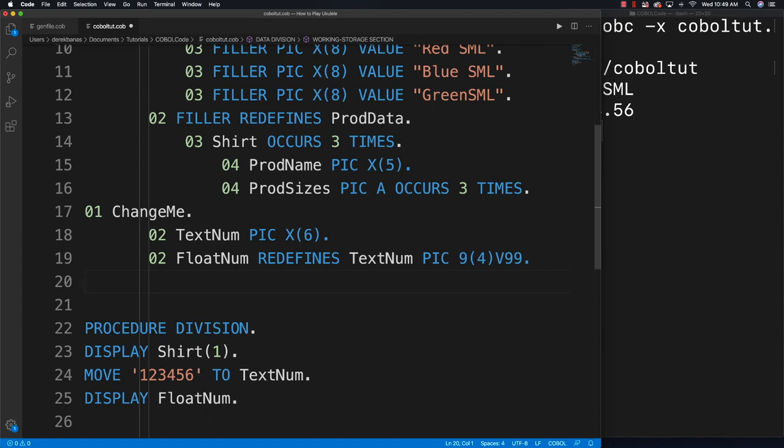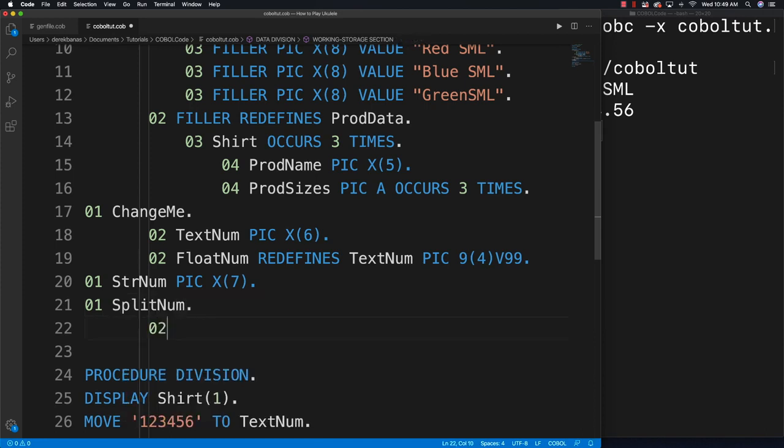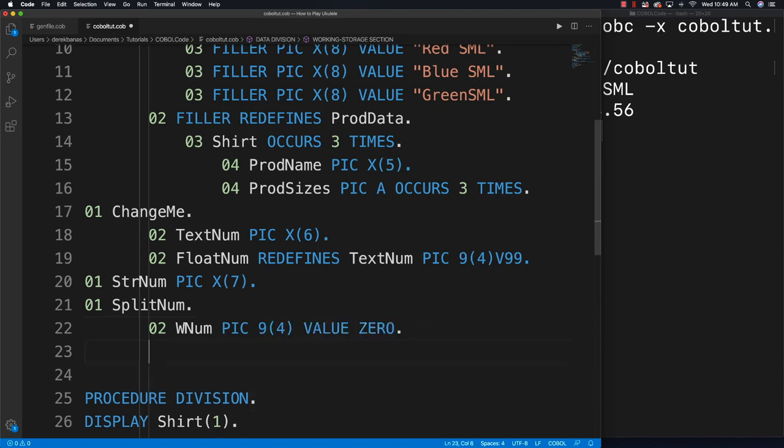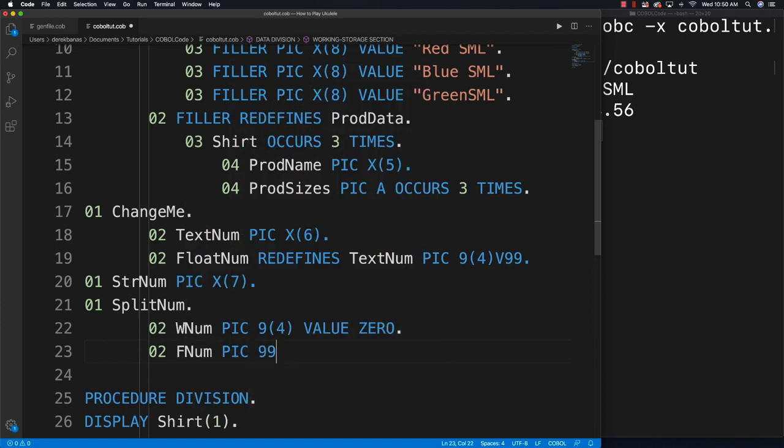All right, and another thing I want to do is I want to be able to accept a string and then convert it into a usable float. So I'm going to say string number, pick X(7), and then I'm going to go 01 split number and 02, and this is going to be the whole part of our number. I'm going to go pick 9(4). We're going to split this value in half. Let's throw zeros in there by default, and then we will get the floating point part of our number. So I'll say pick, and that's just going to be 2 decimal places. Value